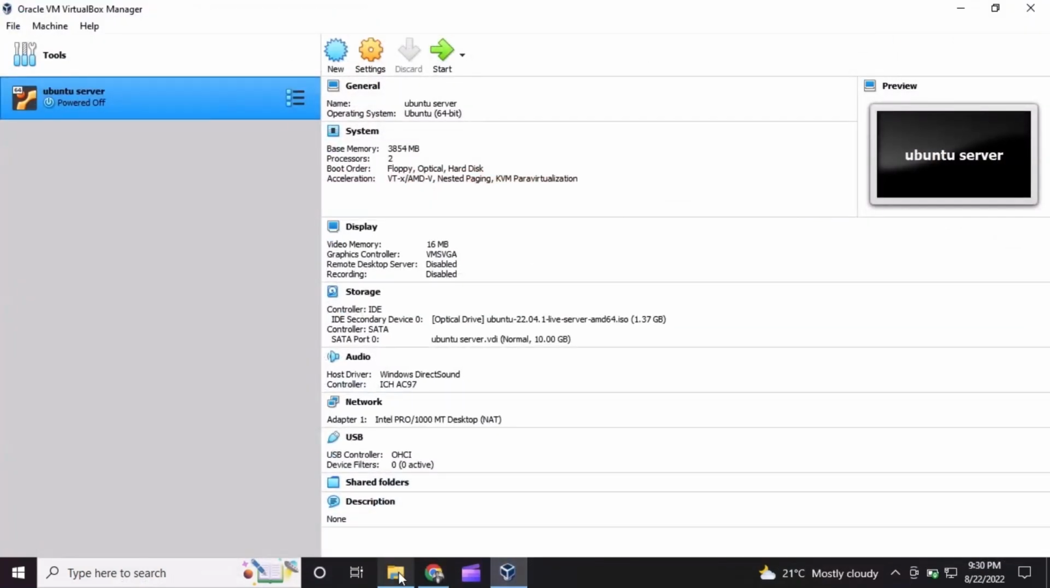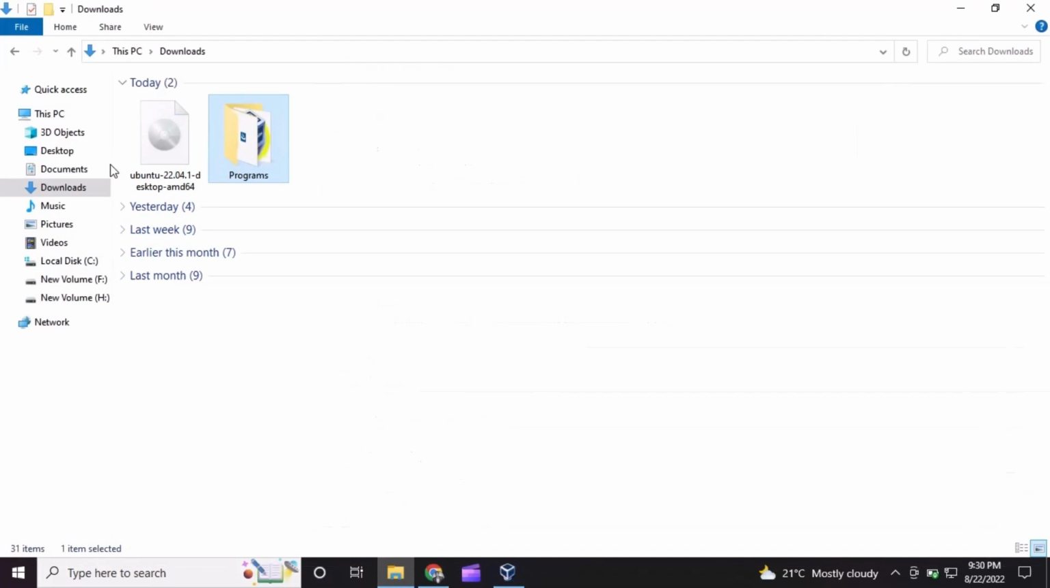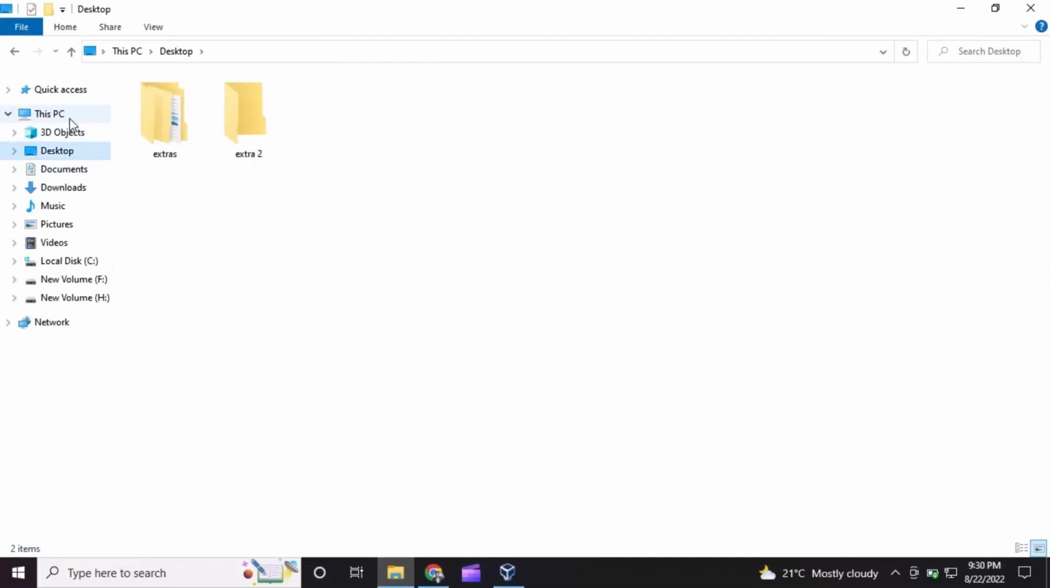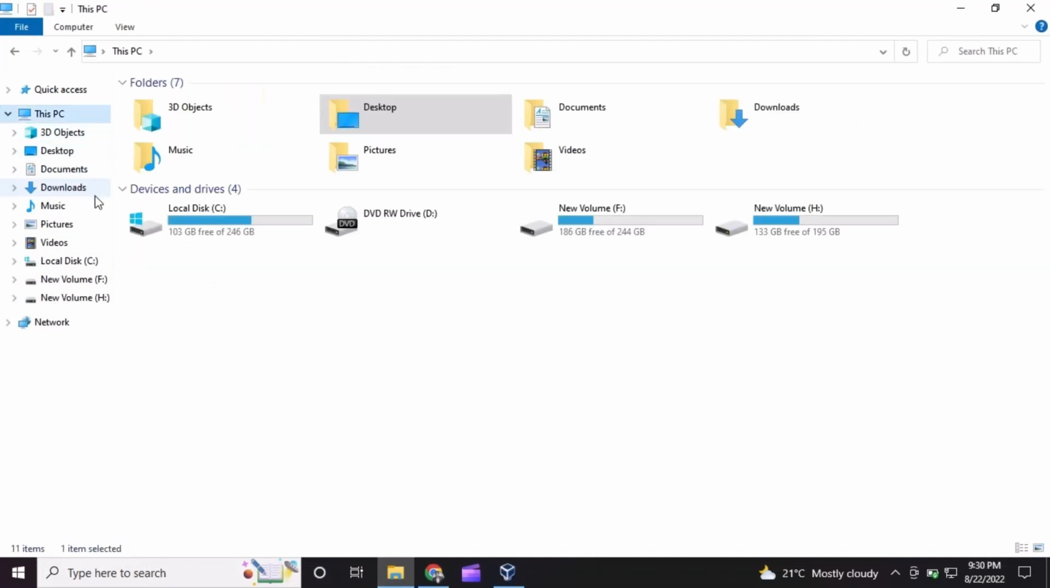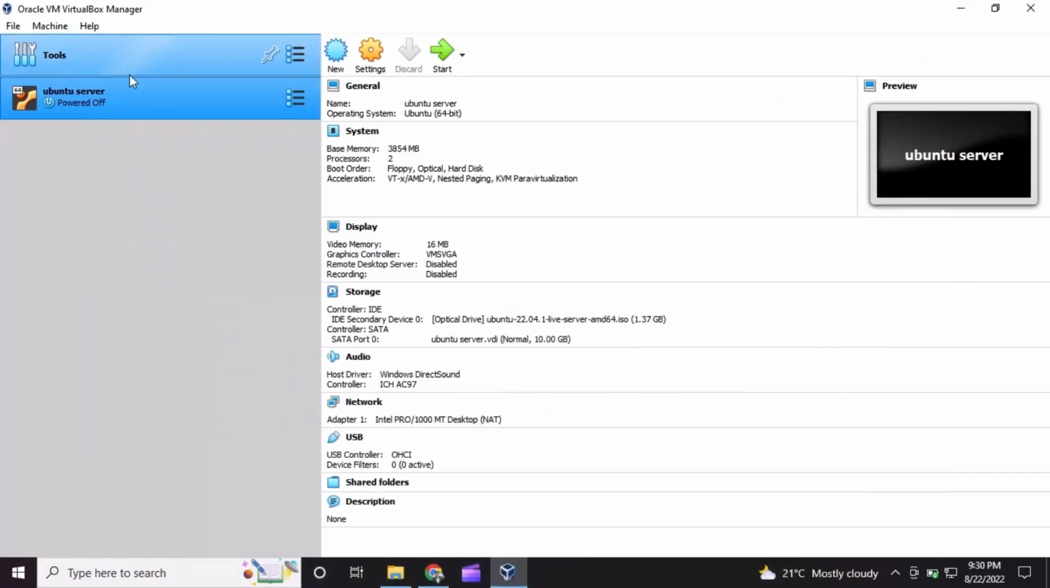Now we're going to go to the VirtualBox. Actually, before that I want to show you something. As you can see, my local disk C partition has a free space of 103 GB. I want you to take note of that, because at the end of the video I'm going to explain something to you, because you're going to borrow some space from the local disk C for the installation of our Ubuntu desktop in the VirtualBox. So here we're going to click on new,